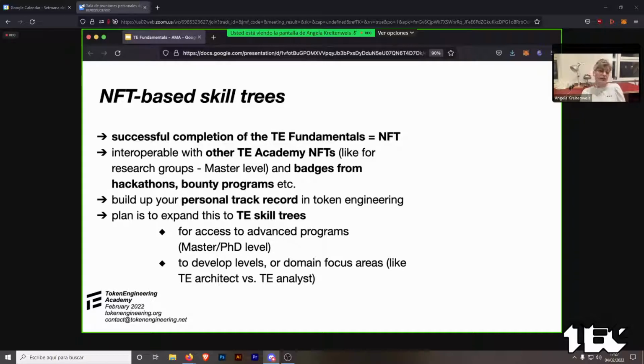And then, of course, we can expand token engineering skill trees with advanced programs to develop in the future, to develop levels or domain focus areas. Some people might go in the direction of an architecture role or a product owner role within token engineering, or being a token engineering analyst, so more on system security or